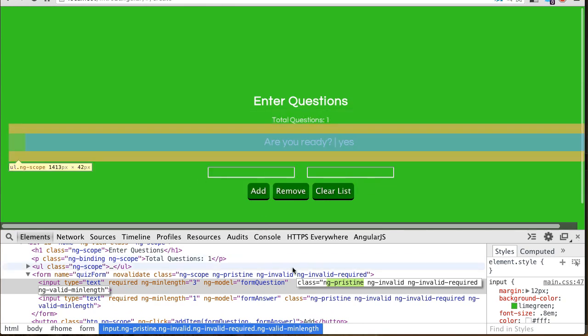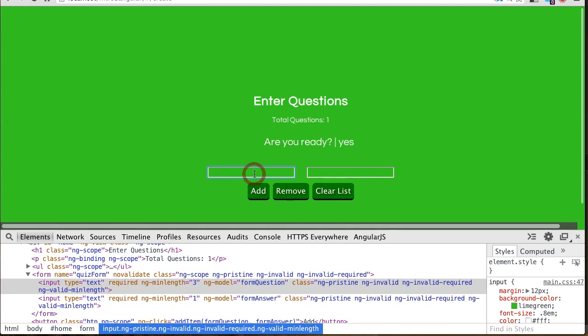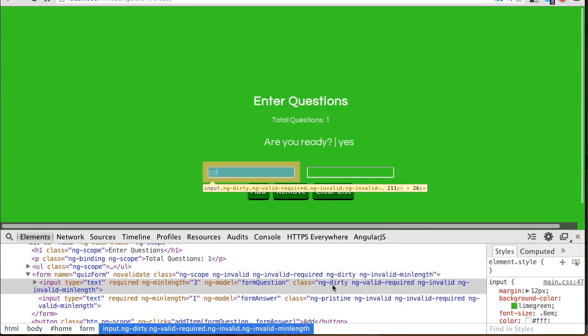So watch this change when I add some data. Click on the input type, and now it's ng-dirty. So AngularJS changed the class from pristine to dirty, meaning it's got data in there,